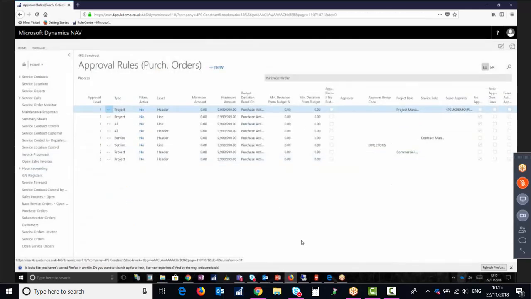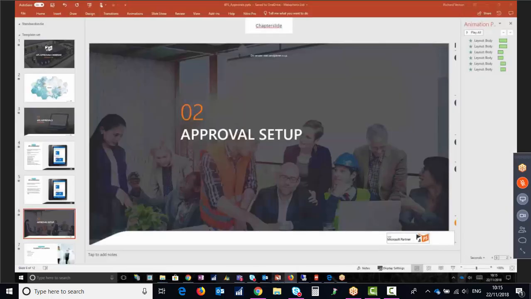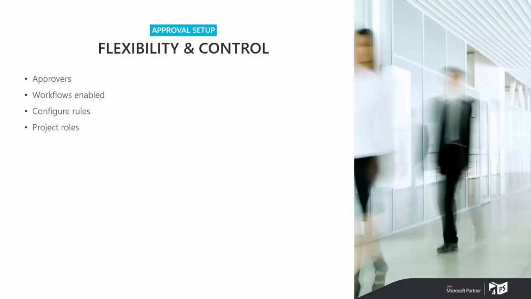Okay, so we've got the configuration, we've got the workflow enabled for purchase orders. We've got our purchase order workflow in terms of who we want, the roles we want to approve at different levels. So we want the project manager over here and then the commercial manager. And we're pretty much good to go. So if we go back to our PowerPoint, the next thing we were going to do on here, after we've got the approval set up,